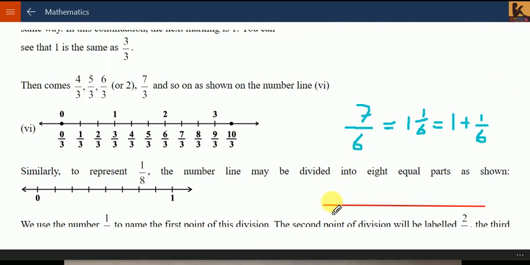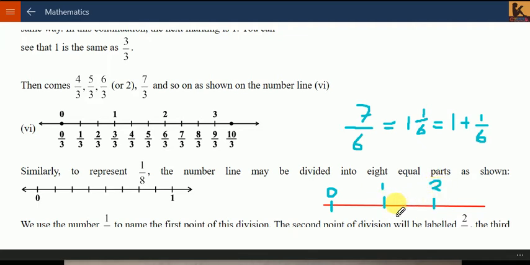Now I mark a number on this. This is 0. And this is 1. Now that number is after 1, because 1 is already there, and then 1/6 part of 1. We have to divide this one portion into 6 parts. If I say this is 2,